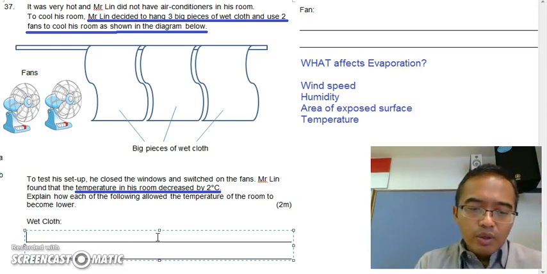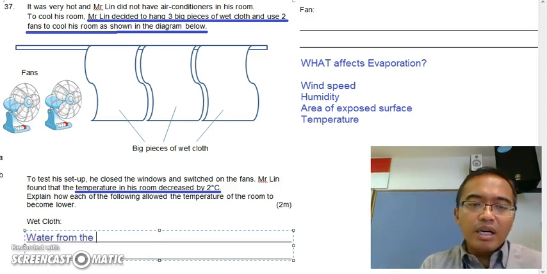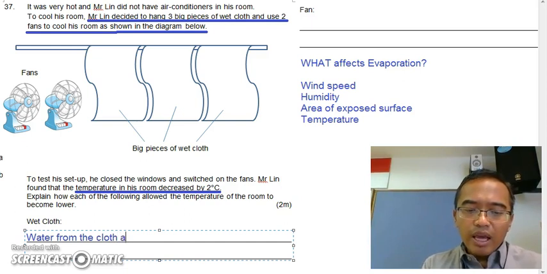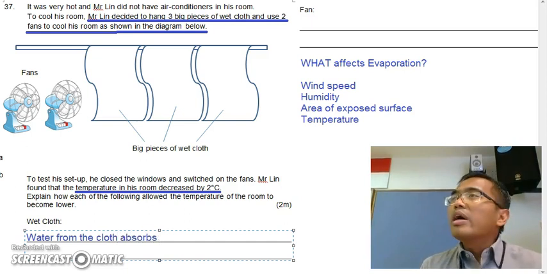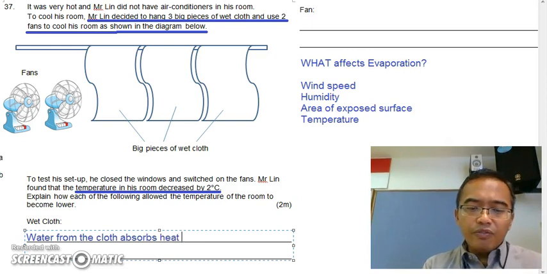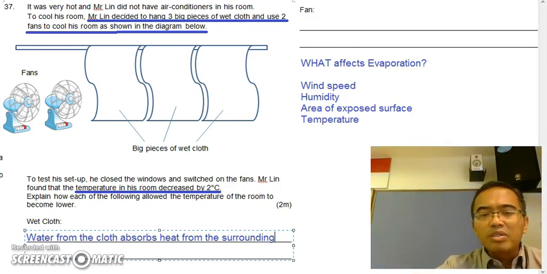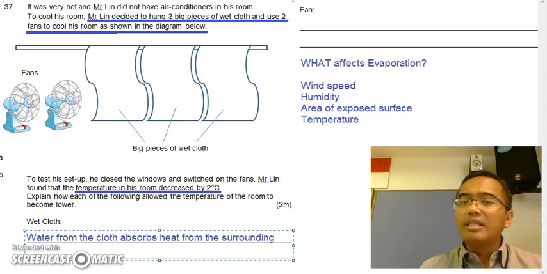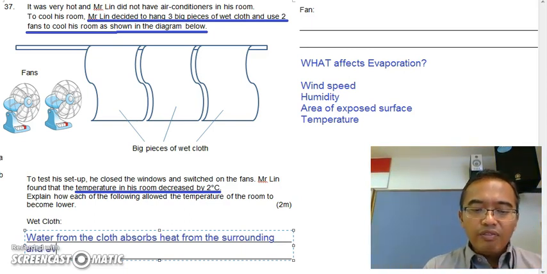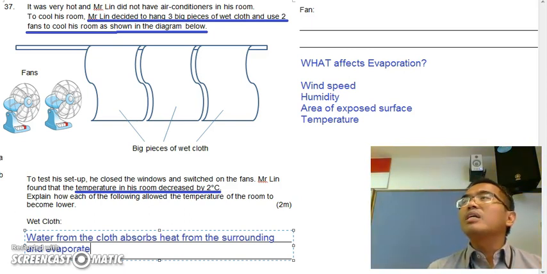Right, so the water from the towel, from the cloth, absorbs the surrounding heat from the air. Now, water from the cloth absorbs heat from the surrounding and evaporates. Yes or no? Yes. So when it absorbs the heat from the surrounding